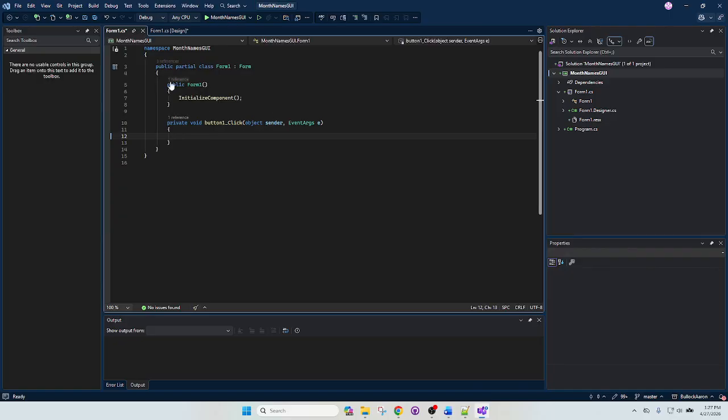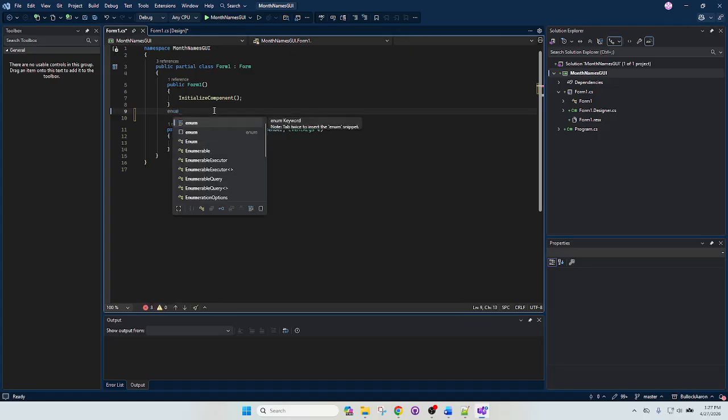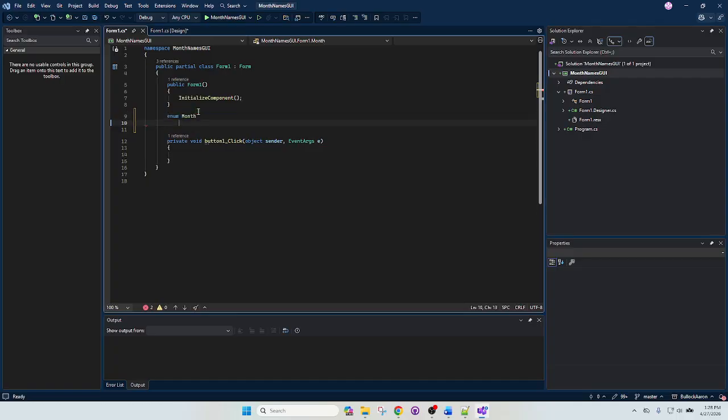And here we have our form method, we have our on-click button method, and now we're going to create our enumeration. So the way we do this is we type in the word enum, but we want to be outside of any method but inside the form class. So we're going to have enum, and we're going to name it month. And inside this, we're going to have open close braces, and we're just going to start with January, and that's going to equal 1. And then we're going to have February,